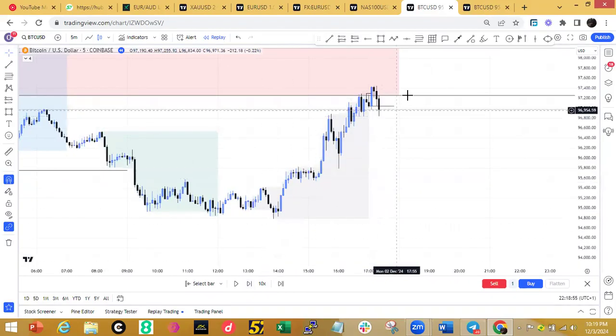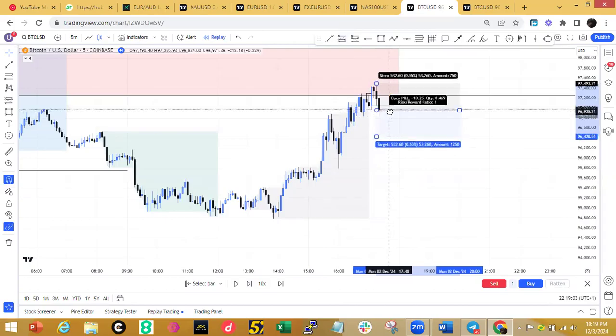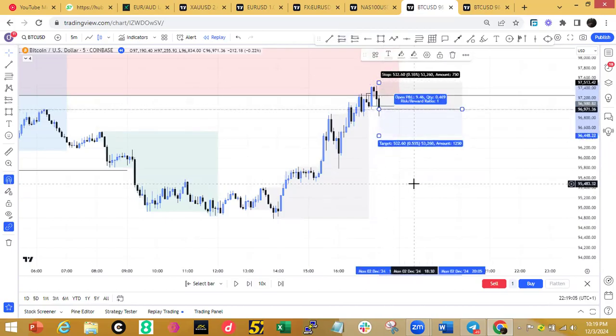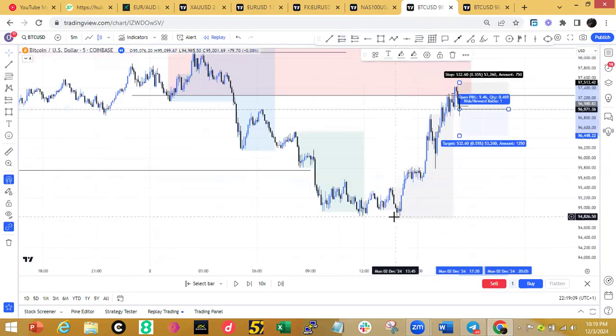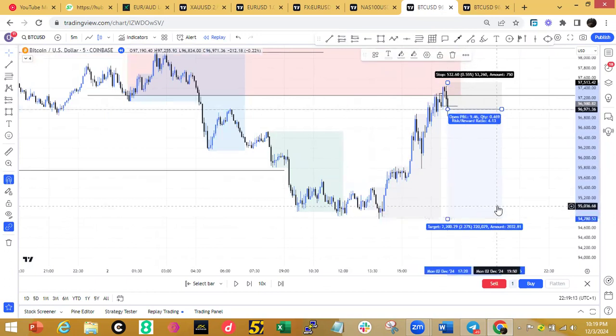Now it has broken. You see, from this close like this, I'm entering. Forget anything. I will just enter at the close of this candle like this. Where is my immediate target? This level here, where the H1 stopped. That is my target. Now remember, if I had entered aggressive directly from the H1,